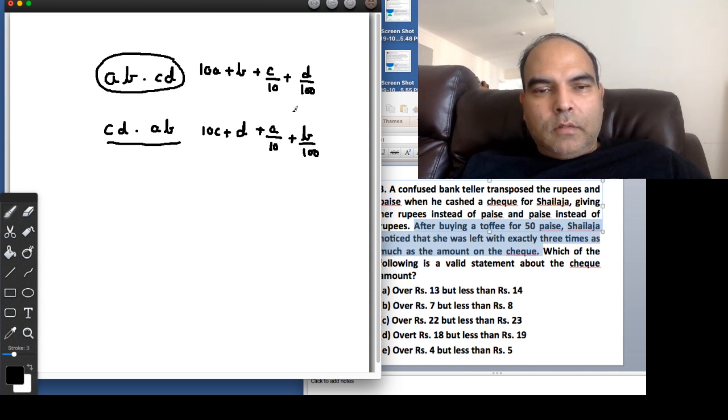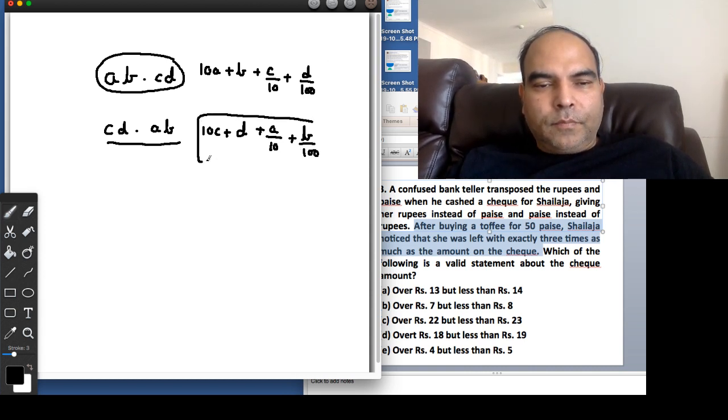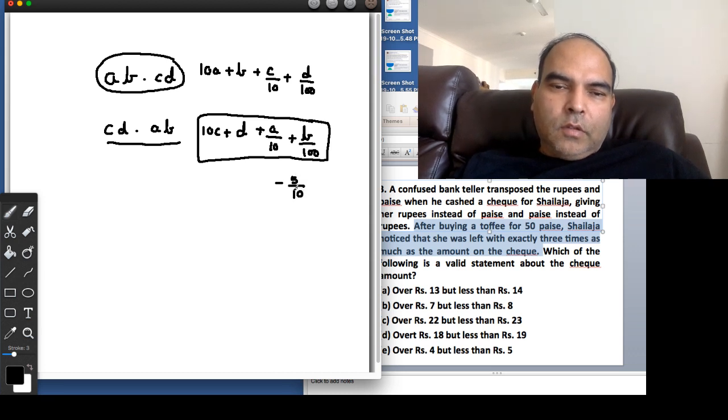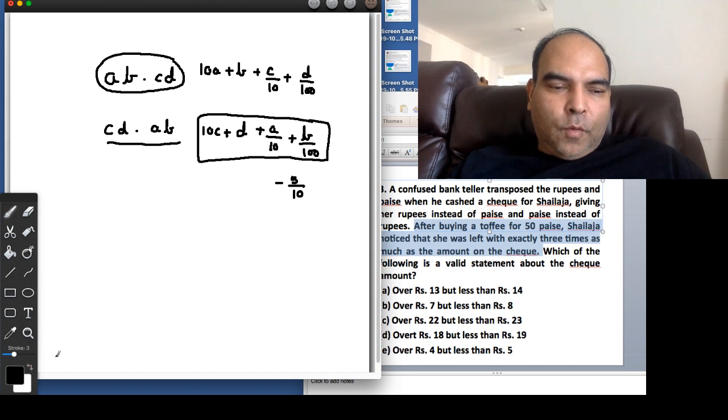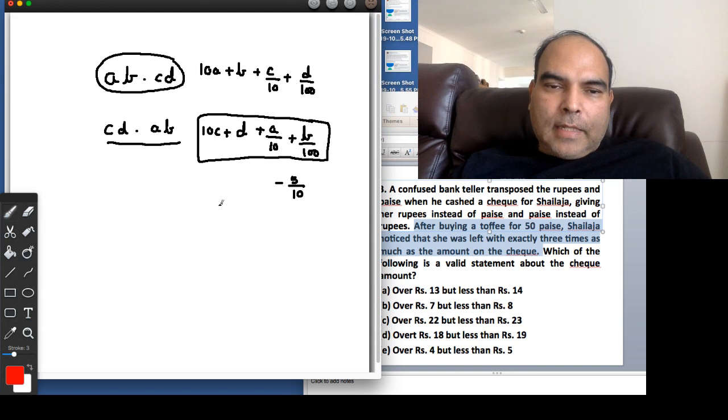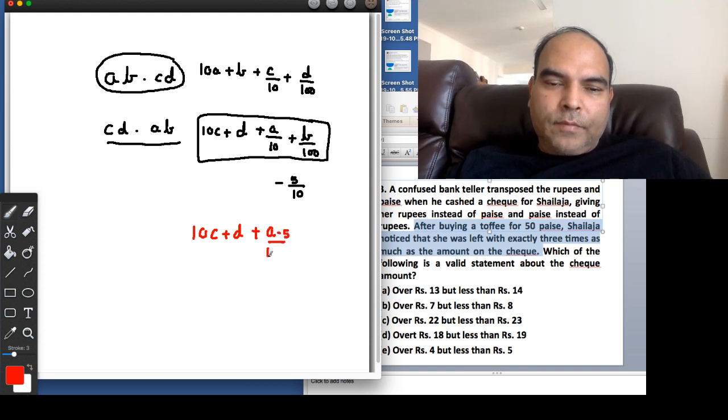And from this amount, once you spend 50 paise, that means 0.5 rupees or 5 by 10 rupees, what will happen is you will have left over an amount of 10C plus D plus A minus 5 by 10 plus B by 100. This amount should be 3 times